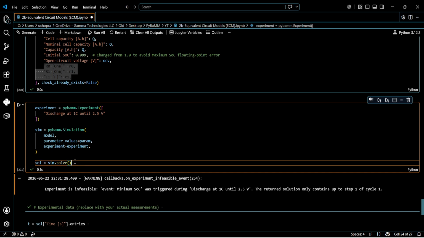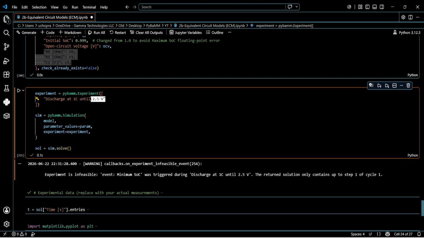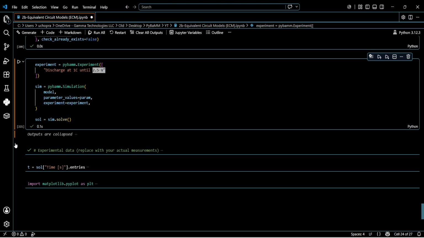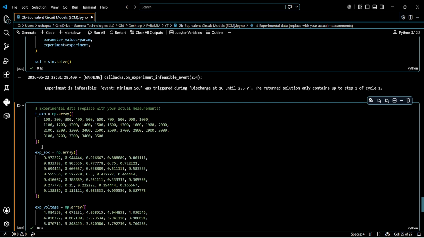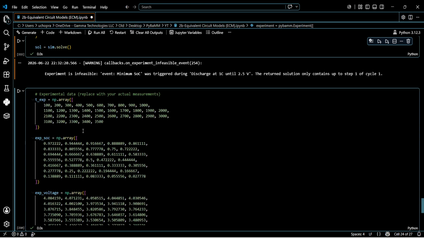So we have sol equals sim.solve. By default, it will solve at 1C for 1 hour or until it reaches 2.5 volts. We'll run this, and then